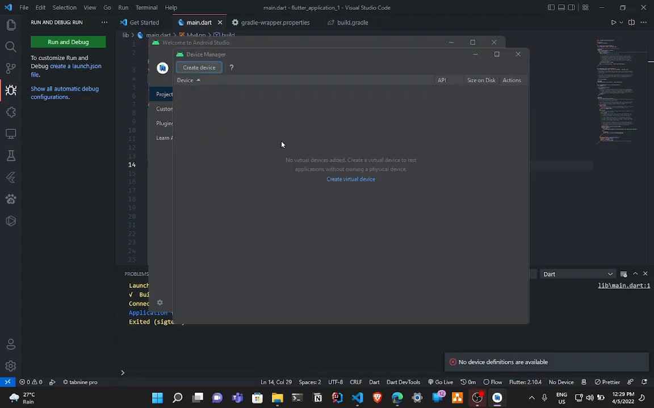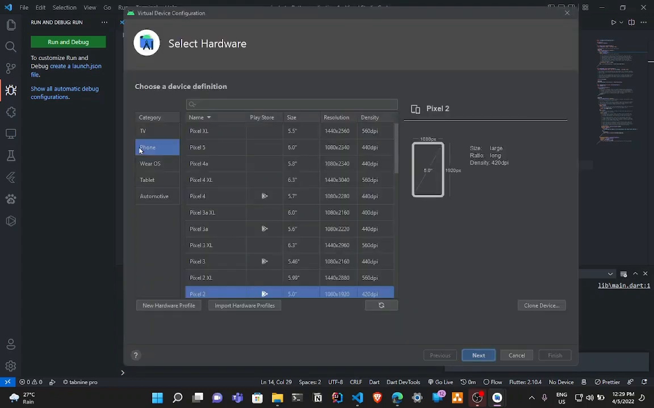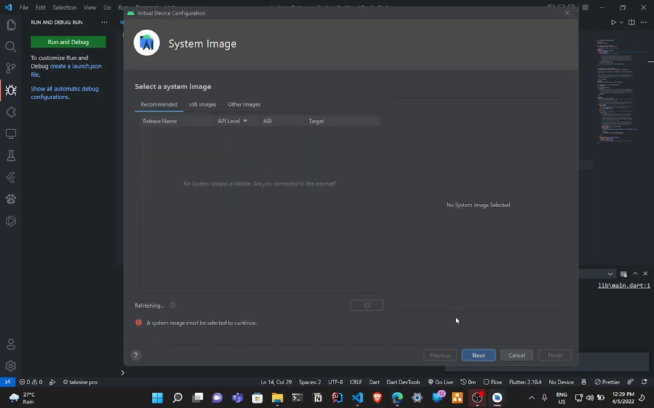or the virtual device. In my case, there's a virtual device manager. I click it, and here I'm going to create a virtual device. You can also select your hardware, what kind of phone you want to use. I'm going to select Pixel 5 and click next,